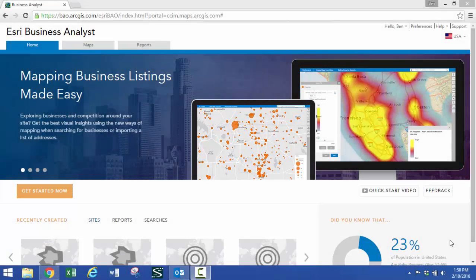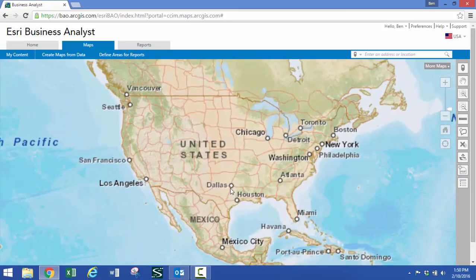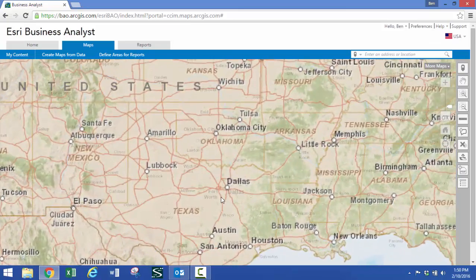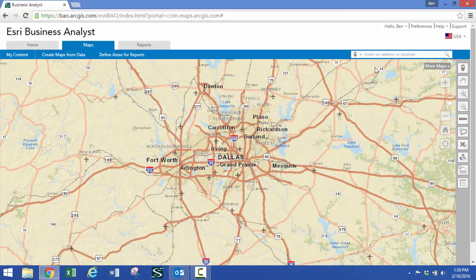There are a number of tools and data sets available within Business List designed to assist you in mapping multiple areas for industrial sites. Here, we'll start with maps, and we'll zoom into an area south of Dallas. And let's pretend for a moment that we're a company that's interested in industrial space, and they